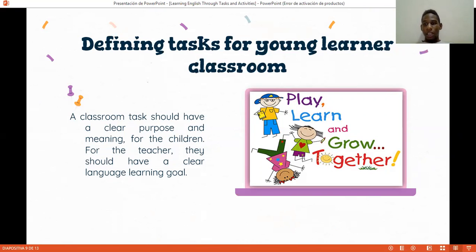For example, if we are teaching about animals, we can set an objective that at the end of the class, our students have to know 5 different types of animals. So in that way is how we are going to manage this part. Okay,